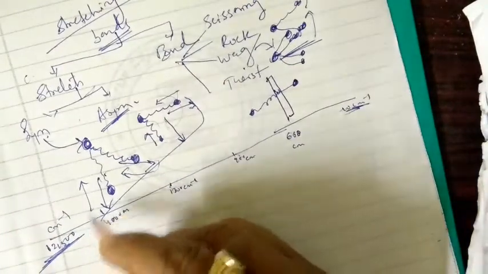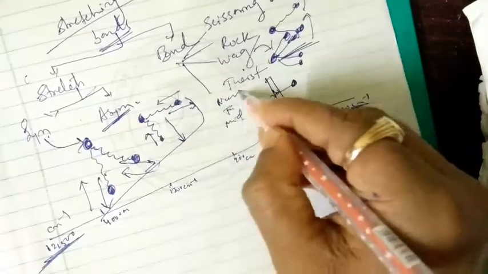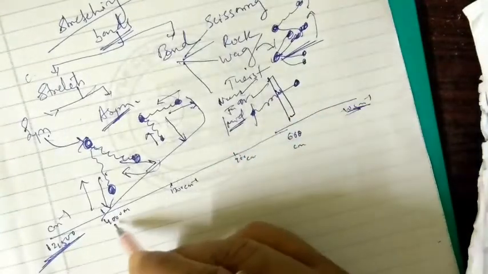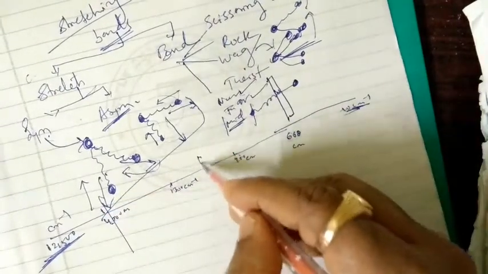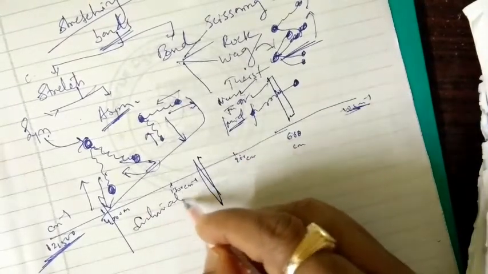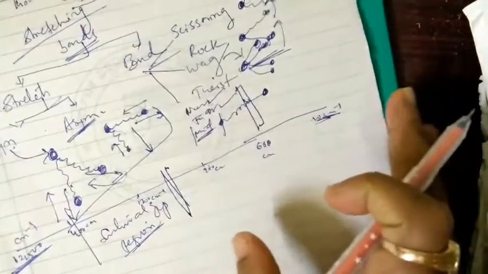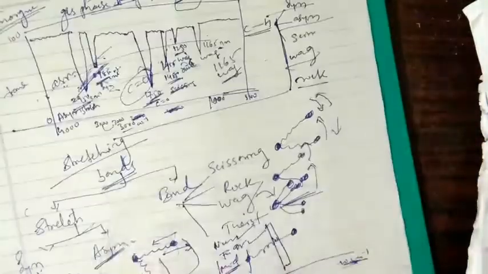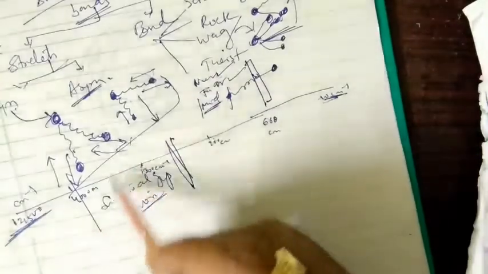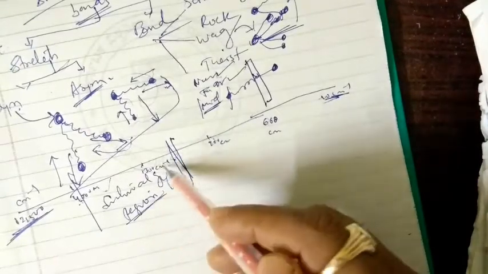This is what we term near IR, far IR and mid IR. In the mid IR region, we can see 4,000 to 1,300 per centimeter. This is the mid IR, where most of the functional group region is determined. Most of the functional groups we are going to determine in this range, 4,000 to 1,300 per centimeter.